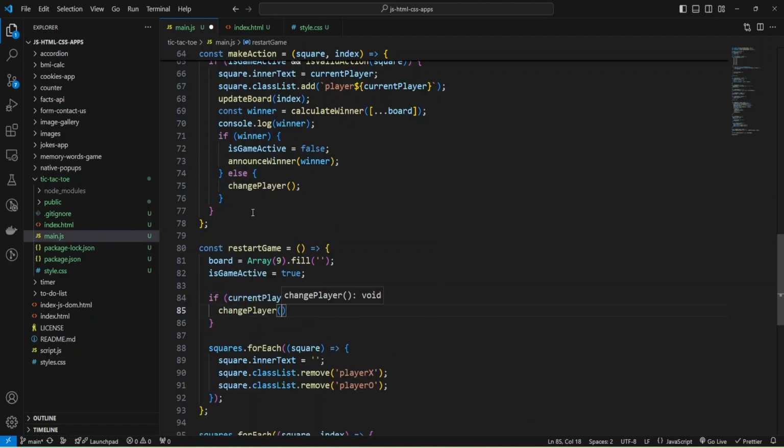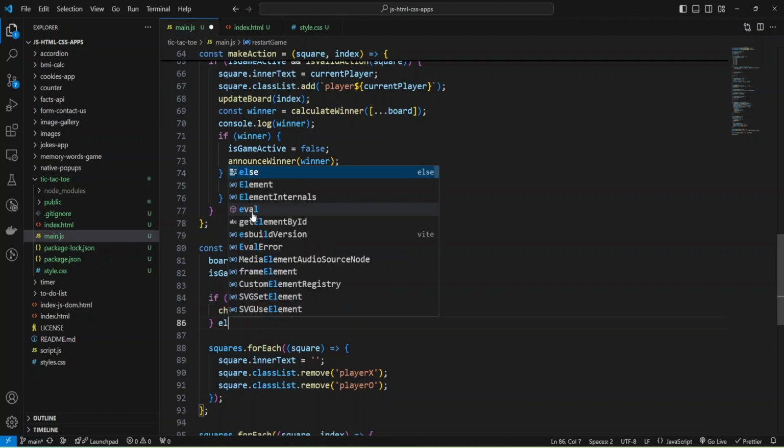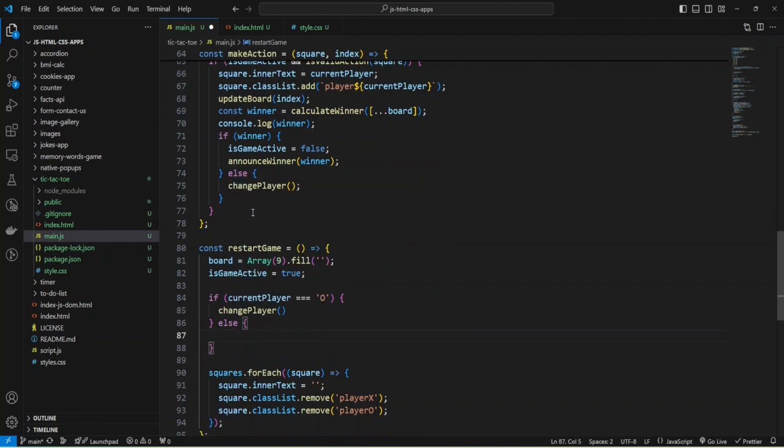Change player. And if not, then we'll just provide our status text. Set status text, the function.